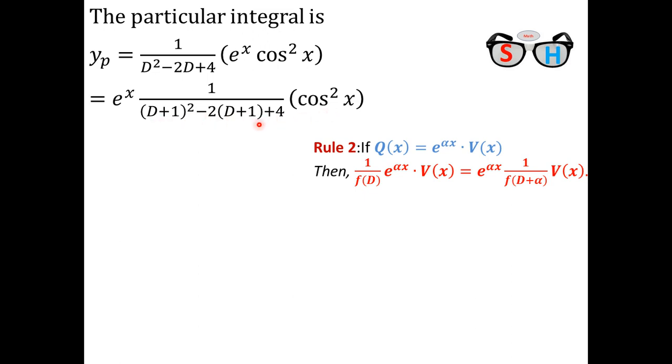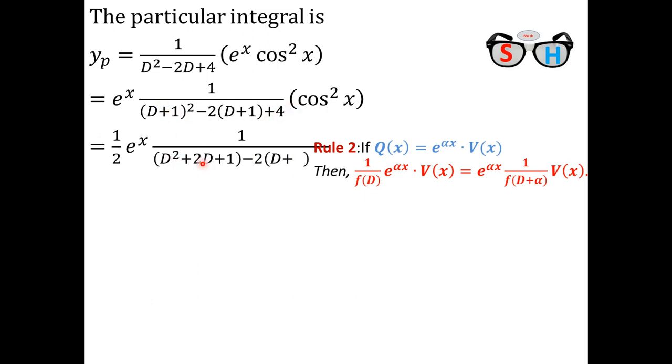Next I simplify that. There is another problem, because here is a cos square function, but all of you know the rules of the operator: there are sin alpha x or cos alpha x, but there is no sin square x or cos square x. So we have to use the formula of multiple angles. For that purpose we multiply by 2 here, so this will be 2 cos square x, and then we use the formula. I adjust a half there and a 2 here. So the result will be half of e to the power x.